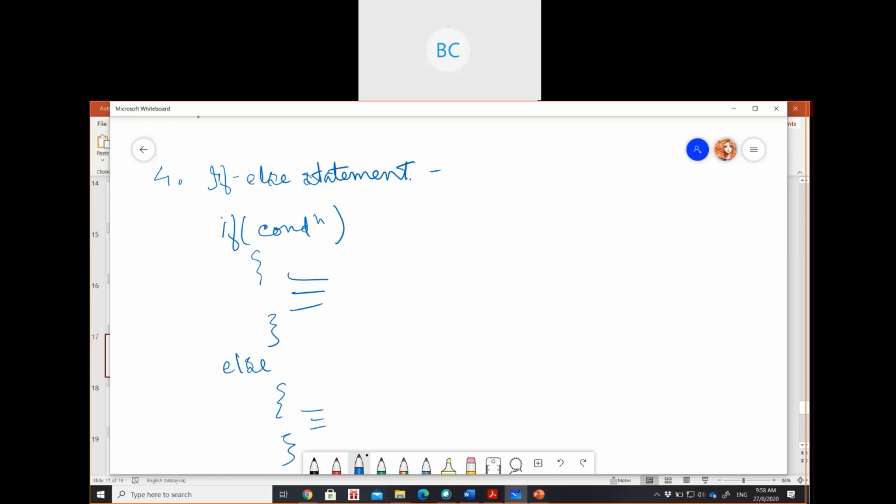Now in an if else statement, again you need to add up the time complexity for if and the time complexity for else. So you are just going to add up the individual time complexity of the if condition and the false condition. For example, suppose inside this block we have a single statement.